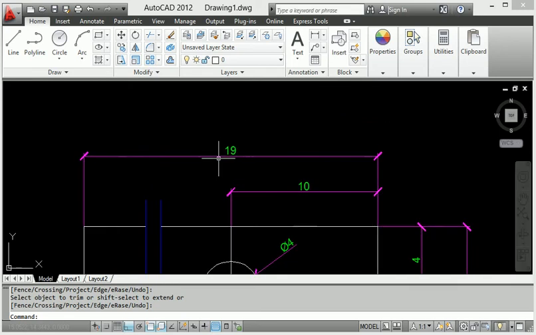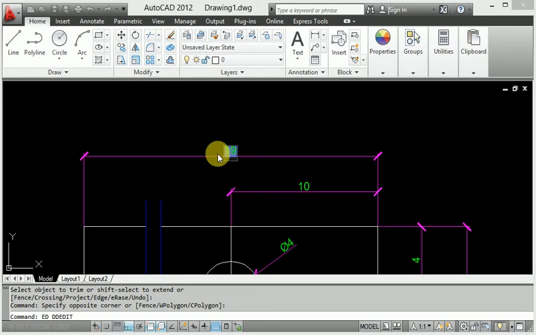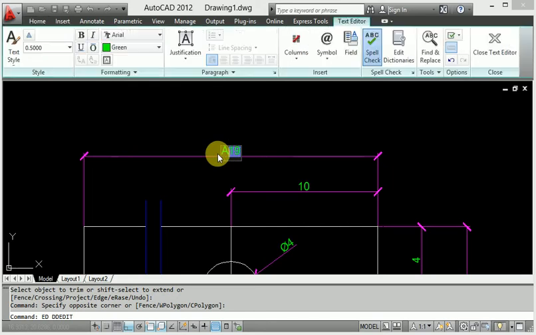Some people type ED, enter, continue, and write the value 150. It is the edit process, but I don't want the edit process. I change the scale factor. So how is it possible to change the scale factor?